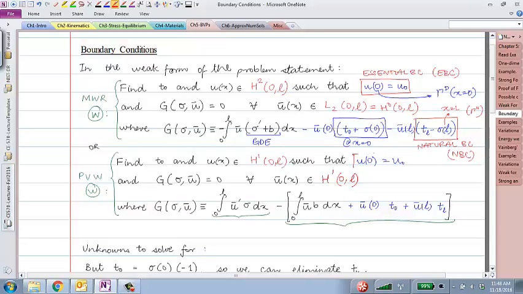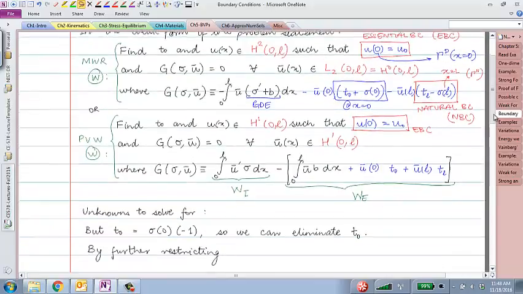And once again, this is the EBC, and we also called this part of the integral the internal virtual work, WI, and all the bracketed term the external virtual work. So we are still saying the same thing. Internal virtual work minus external virtual work has to be 0 for all possible virtual displacements. Now,